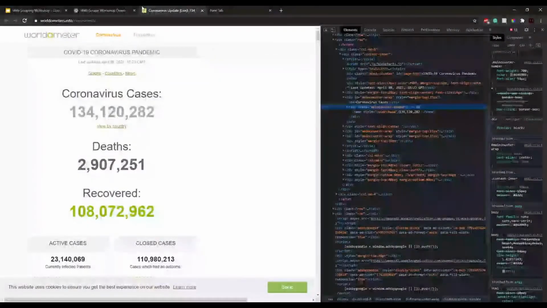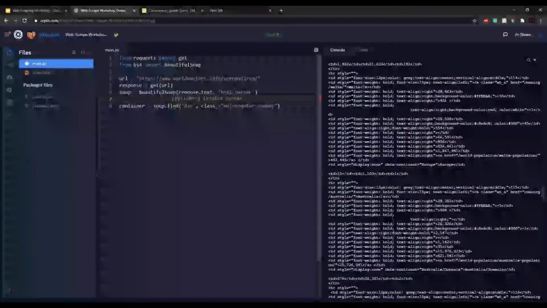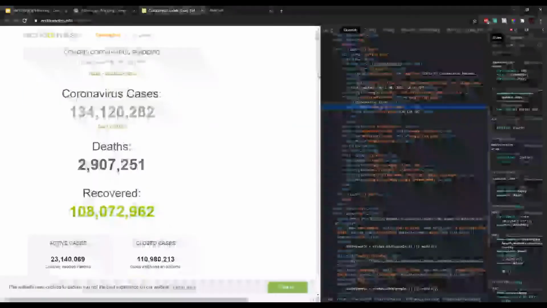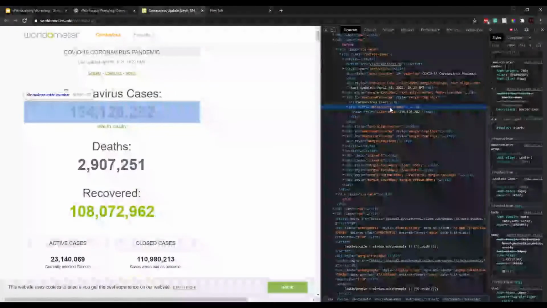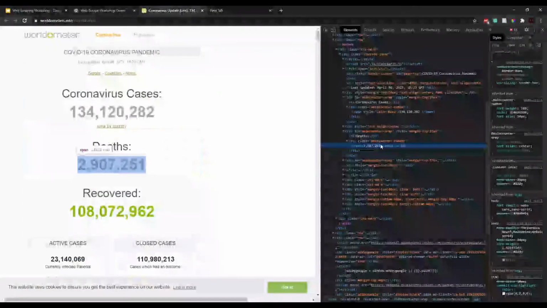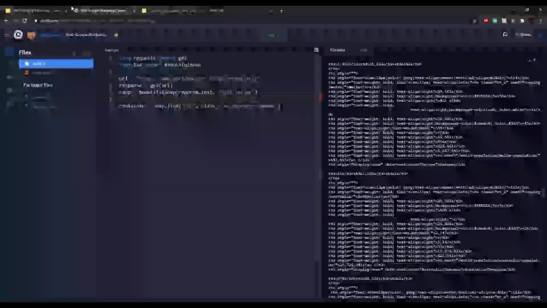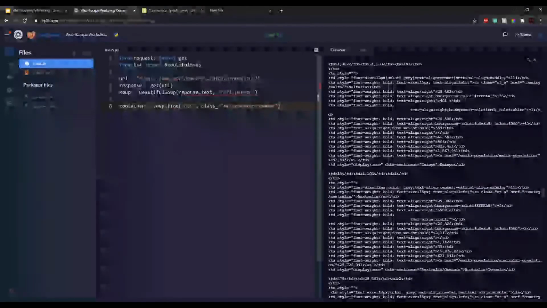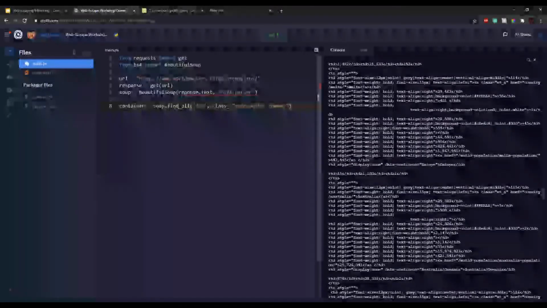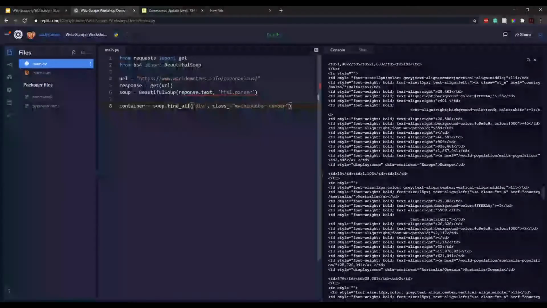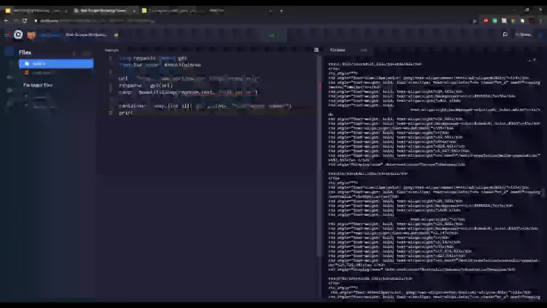This find only finds the first occurrence, but what I realized is that there are multiple main counter numbers here. If you take a look, all of them share the same class. So what we actually want is a list of them. We have to run find all instead of find. So if we run print our container,